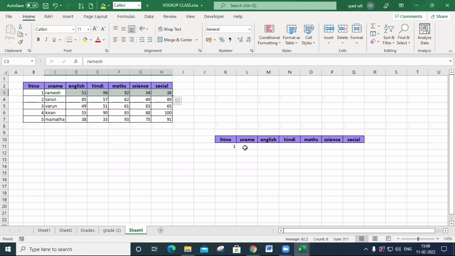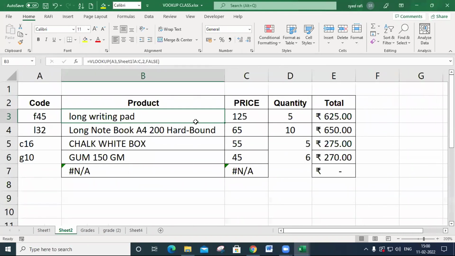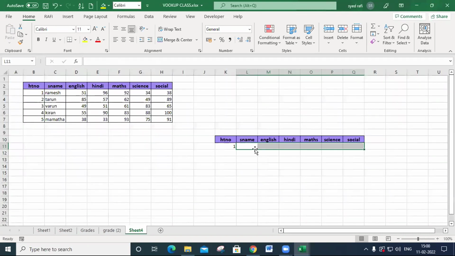But here, when I enter the hall ticket number, all these columns must be filled. Okay, all the data must be filled. There we wrote VLOOKUP in only 2 columns, but here we must write VLOOKUP here, here, like this, like this.